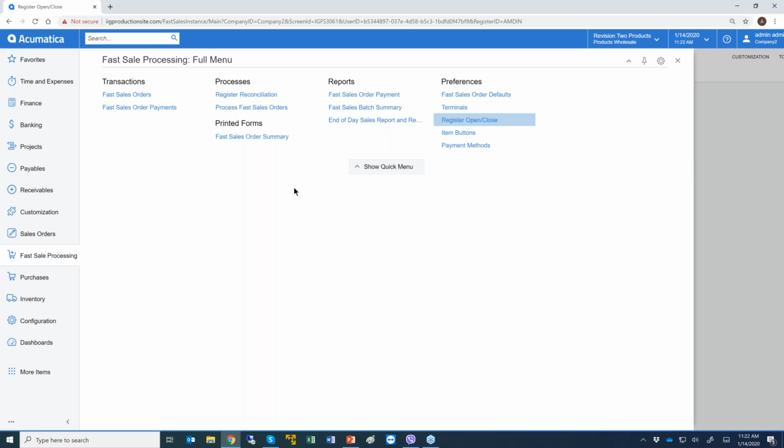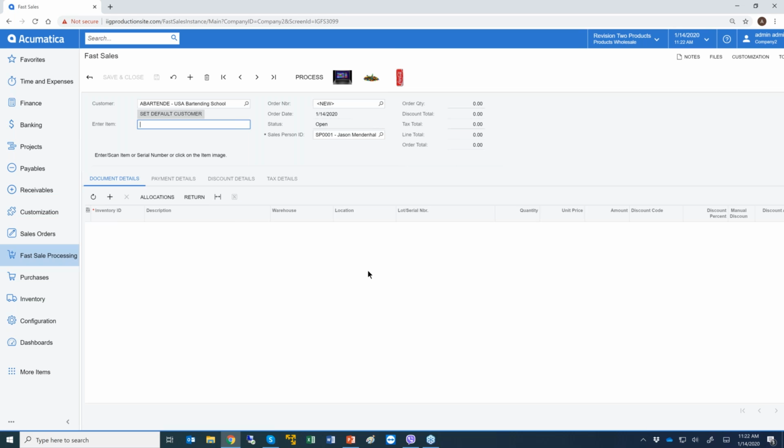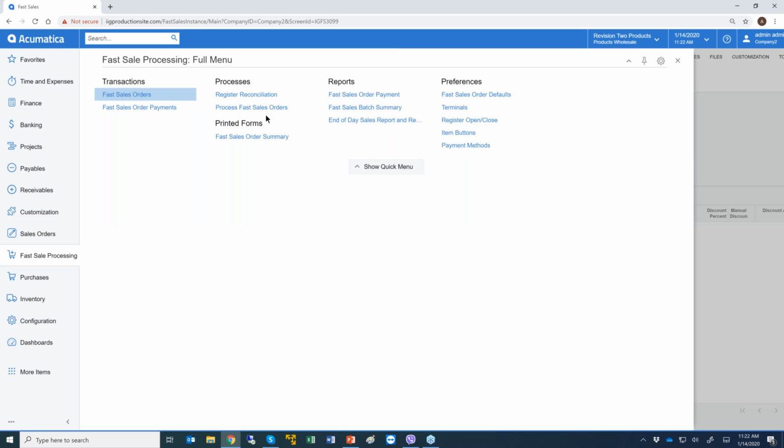We have created a system that gives you the ability to process transactions quickly. This is a program that we've developed. So this program, we've given it the functionality to process discounts, special pricing, tax, but it just processes the transaction, creates an IN transaction, issue transaction to move the inventory to a different location as you click on process. So the system knows that that inventory is no longer available in your showroom, and we create the payment until this program actually goes ahead and basically the sales order